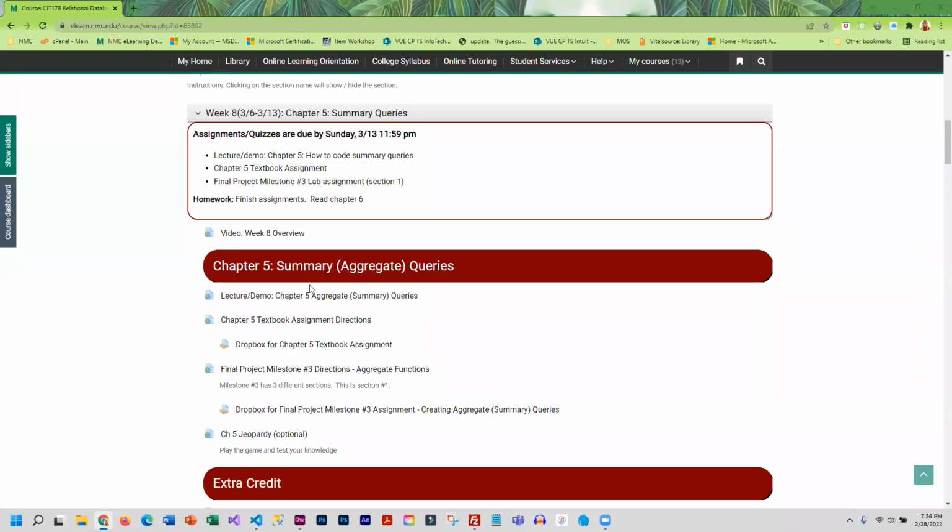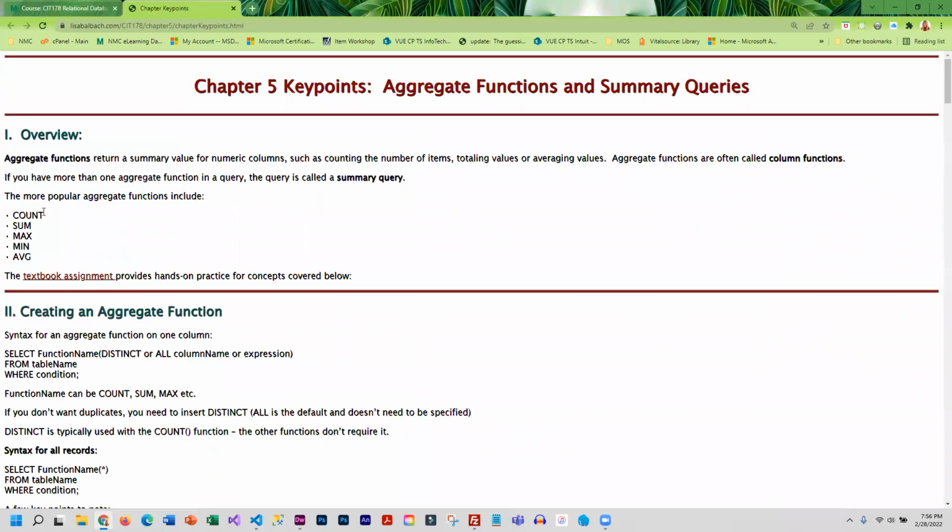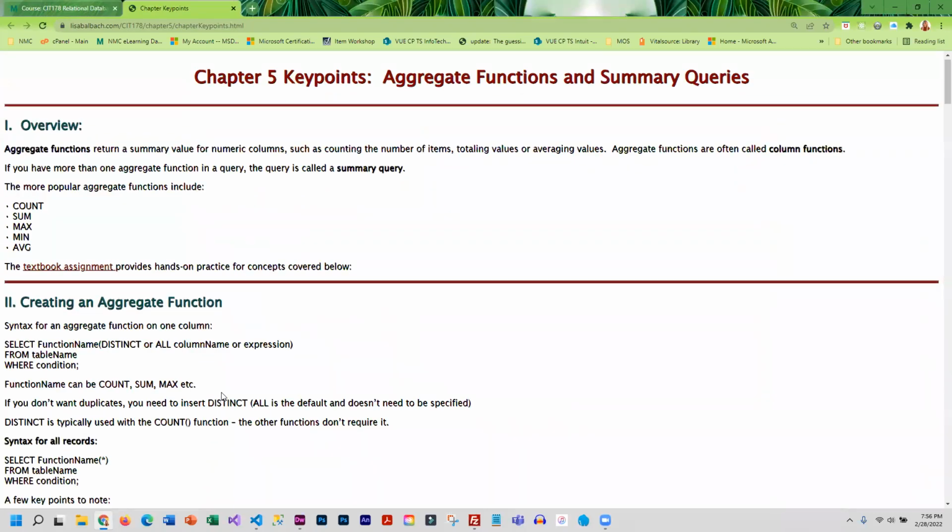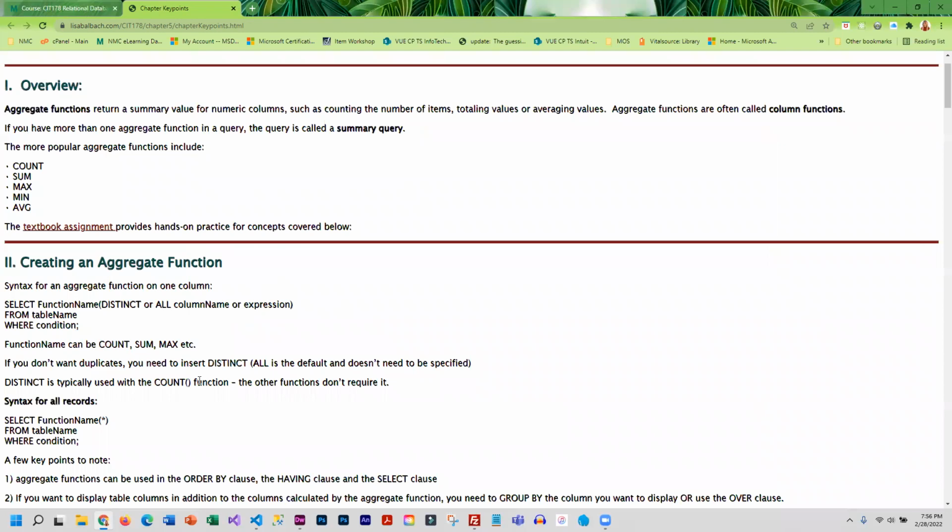So this week we're going to cover aggregate queries. They're also called summary queries. So you're going to want to read chapter 5 in your book and go through the lecture demo. The lecture demo starts with showing you how to do a very simple summary query